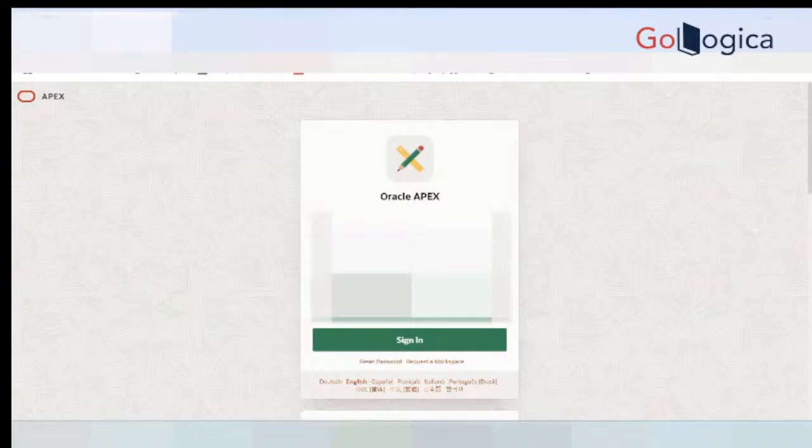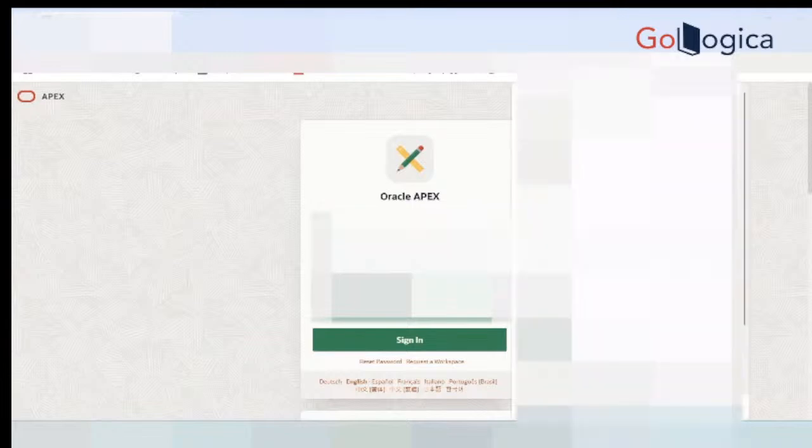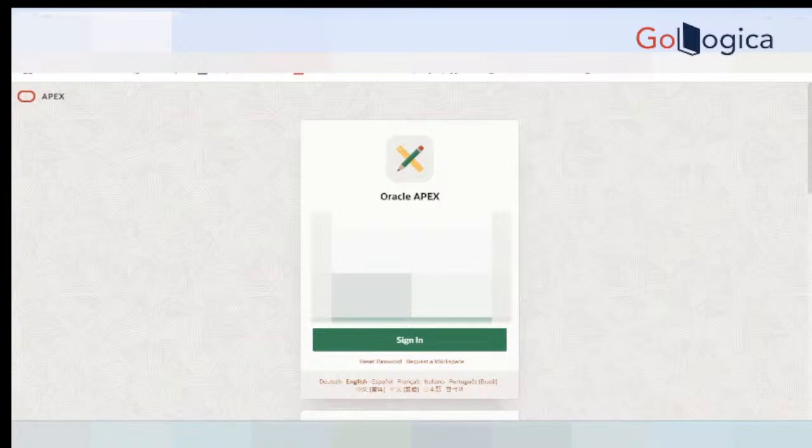So this is a developer's login. To log in to Apex as a developer, we need three things. One is the workspace, second is the username, third is the password. I have already created the username and password. This is the workspace name for me. For you, it could be different, depending on the workspace that you have set. Once we click on sign in, so this is